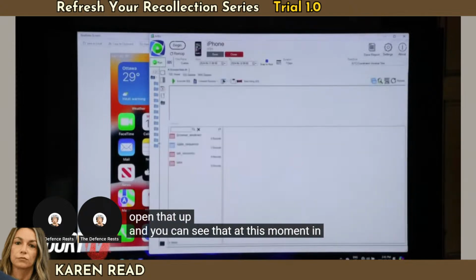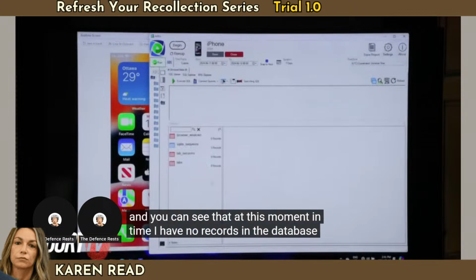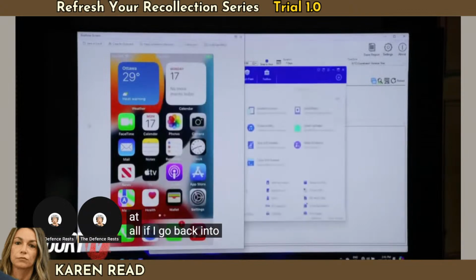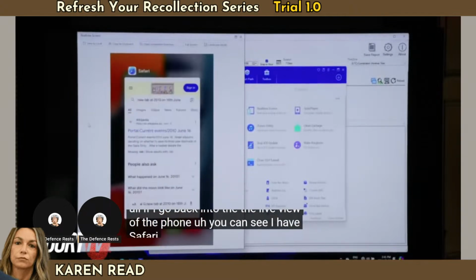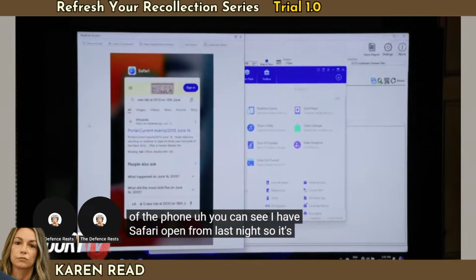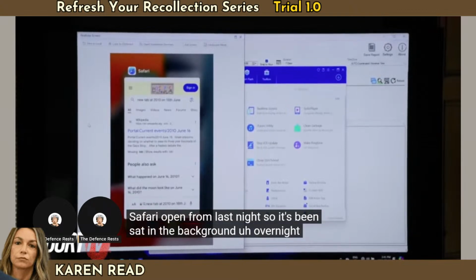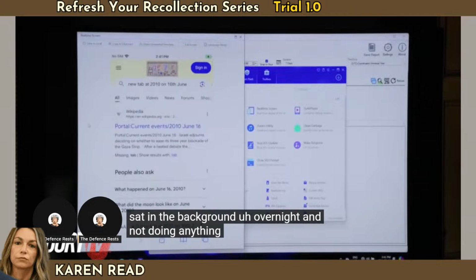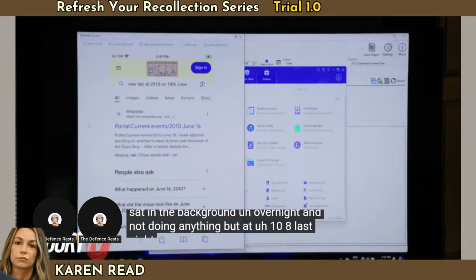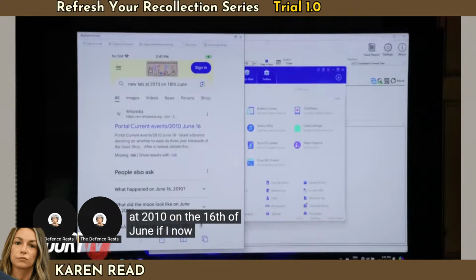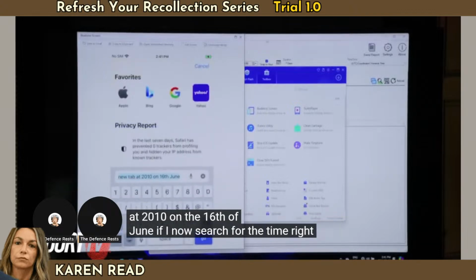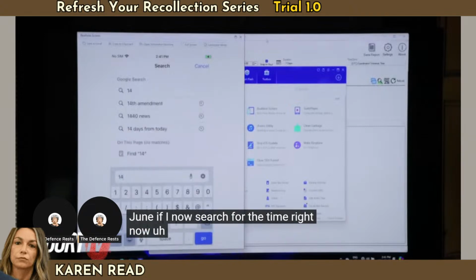So I can go to the browser state database and open that up. And you can see that at this moment in time, I have no records in the database at all. If I go back into the live view of the phone, you can see I have Safari open from last night. It's been sat in the background overnight, not doing anything. But at 10 past 8 last night, I performed this search in a brand new window. So I started Safari, opened up a new tab, and immediately searched for new tab at 2010 on the 16th of June. If I now search for the time right now, 1442,